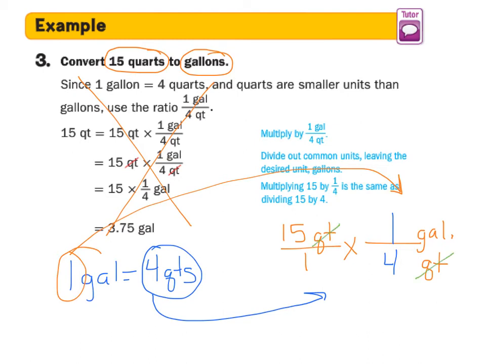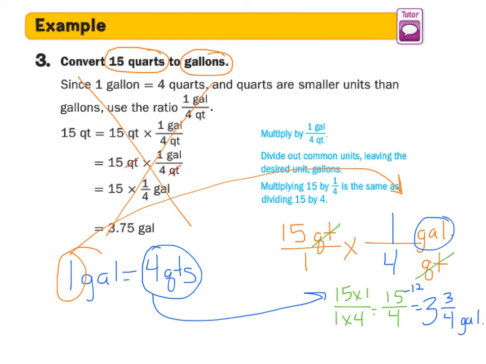Cross off our matching labels. We can't simplify, so we have 15 times 1 over 1 times 4, which is 15 over 4, and we don't panic. We know what to do. If we have an improper fraction, we change it to a mixed number. I can take out 3 whole groups, and I'll have 3/4 left over, and my last label that's left is